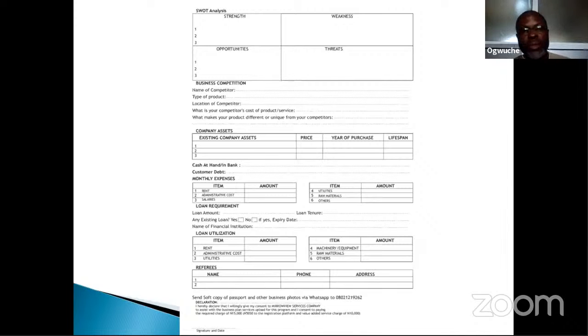All right, so let's give an example of how to do a SWOT analysis. Let's use the poultry farm as an example, and let's see how we do a SWOT analysis of a poultry farm, for example. All right. Starting with strengths, what could be your strengths if you are going into a poultry farm? What are those things that you look out for, that you see as your areas of strength? First, you could have